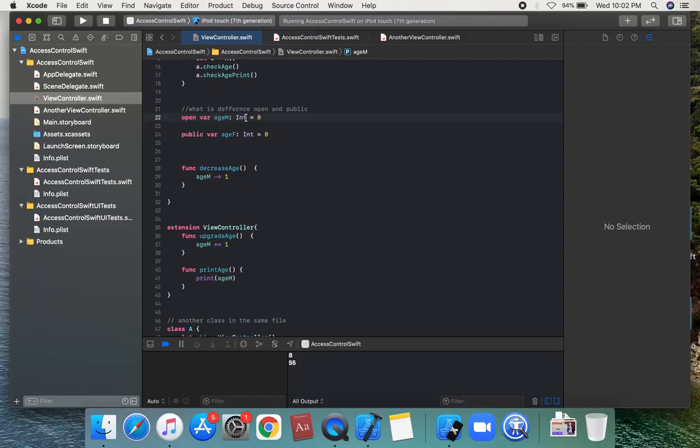Now the difference between open and public access control in Swift.